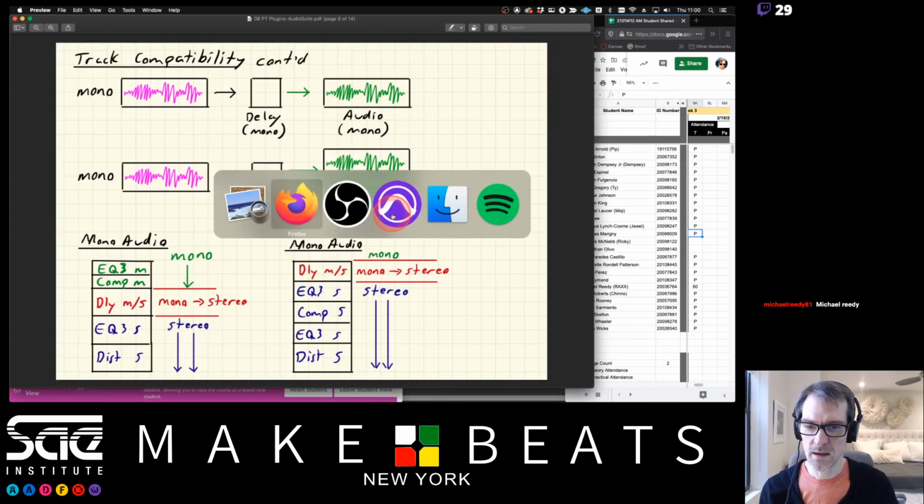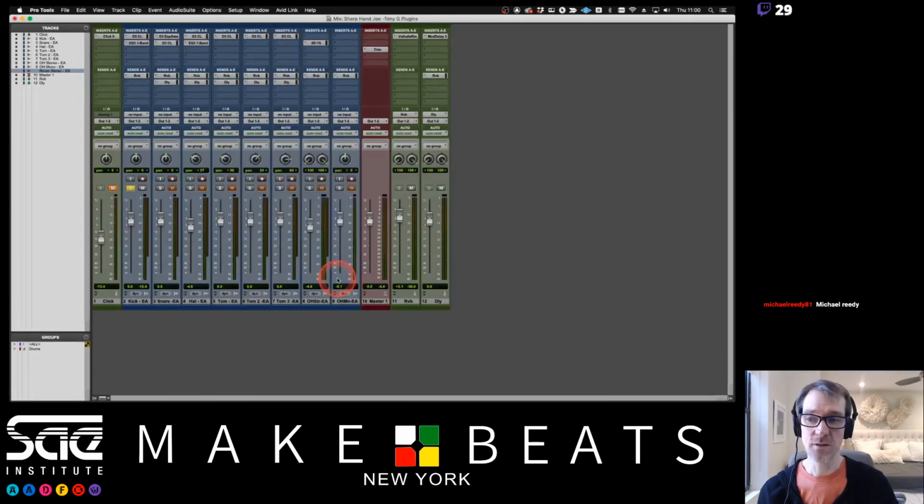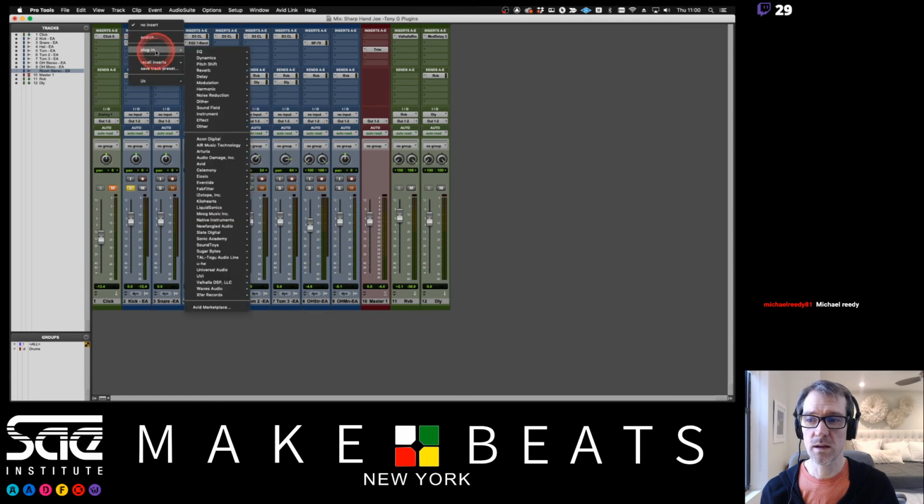And so that's how that kind of works there. So if I have a couple plugins before it, those are all going to stay mono. And if I have a couple plugins after it, those are all going to be stereo. Now, we don't really see any difference in anything here. It doesn't have like a little S or a little M up here, but you just have to know that that's how that works. So if I go in here and I put a stereo plugin in here,